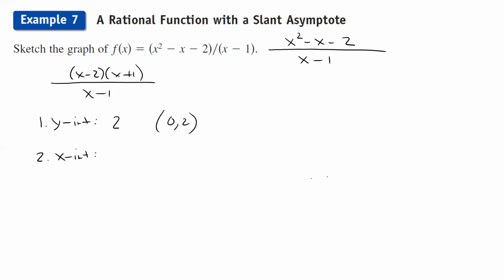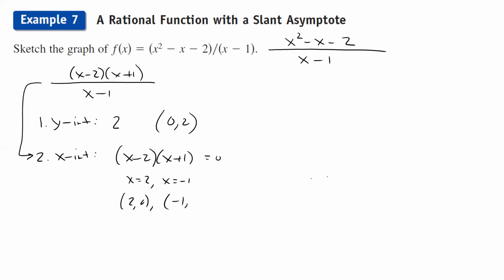X-intercept: reduced form if we have it, we don't. So these are a lot simpler to work with anyway. If I have that to be true, then I know this to be true, therefore (2, 0) and (-1, 0)